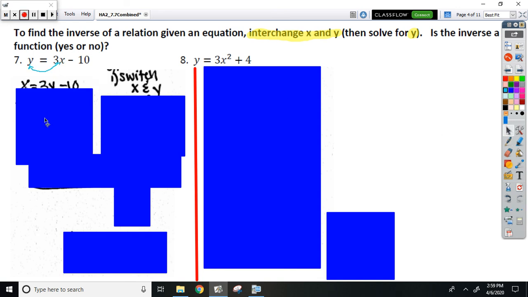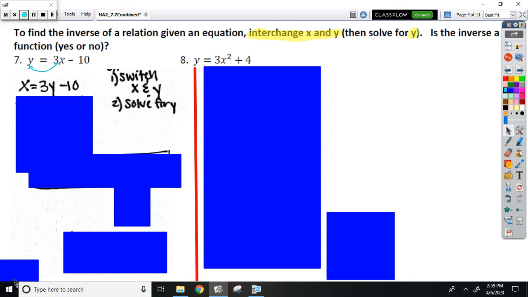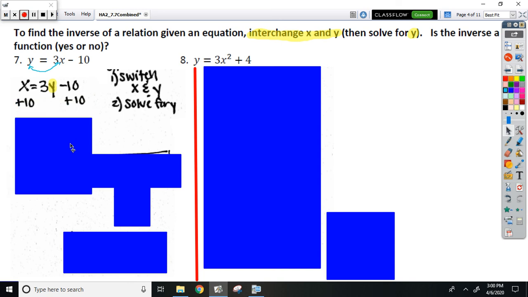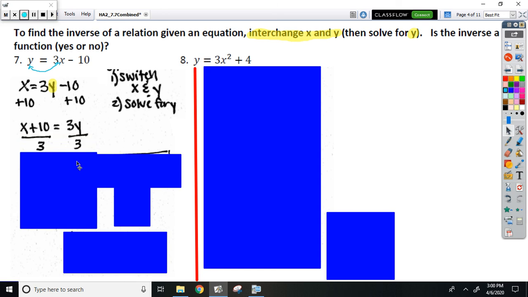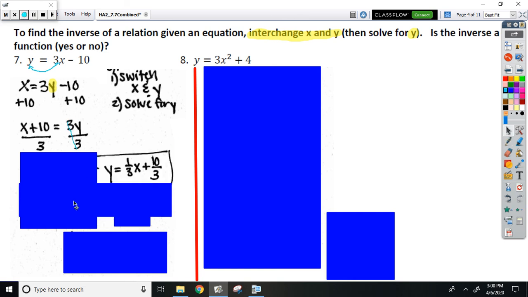So our first part of the equation will be x equals 3y minus 10. Our second step then is to solve for y. If I'm solving this equation for y, I first need to undo subtraction of 10 with addition of 10, to get me x plus 10 equals 3y. We then need to undo multiplication of 3 with division of 3. And at that point our 3's cancel, and I would flip the equation around so that y is on the